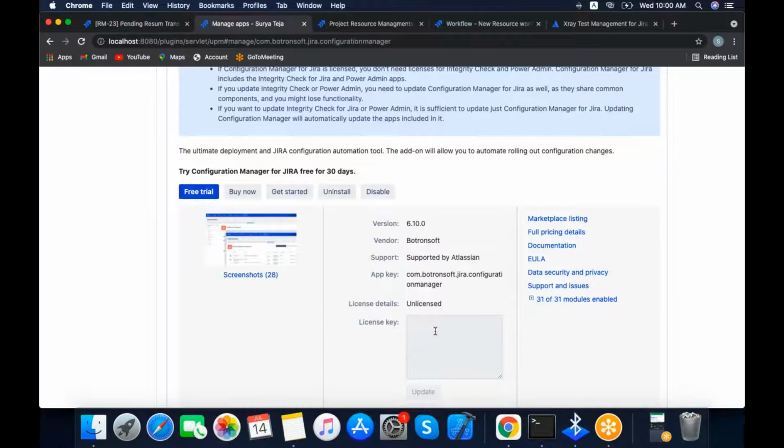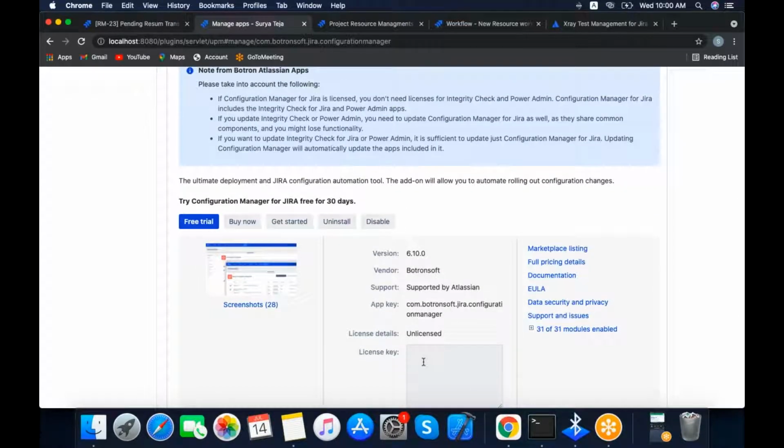Otherwise, the license has not been applied. You need to copy it manually and add it here.